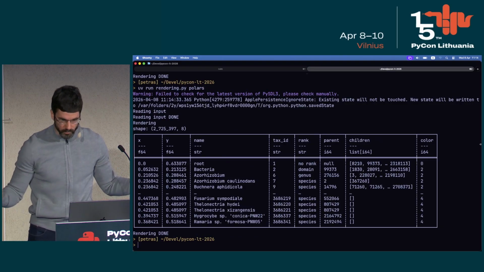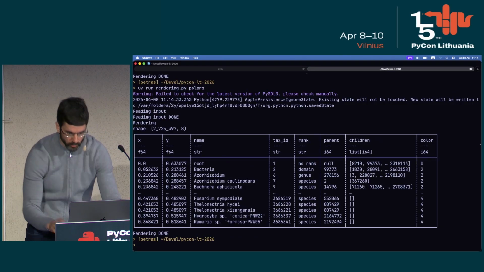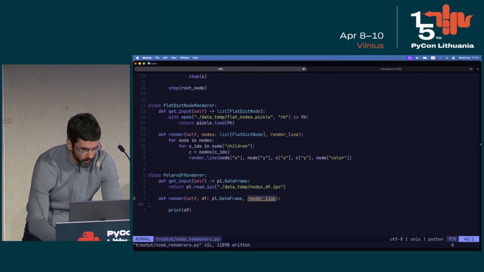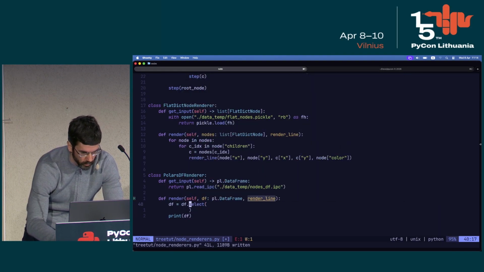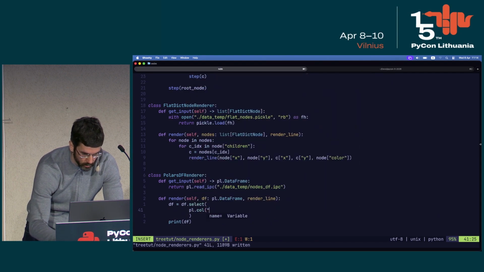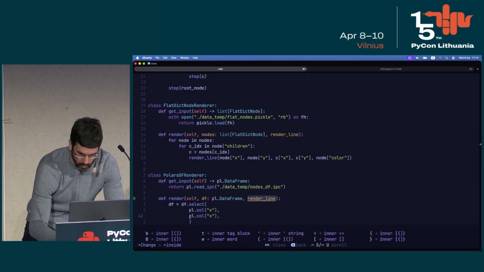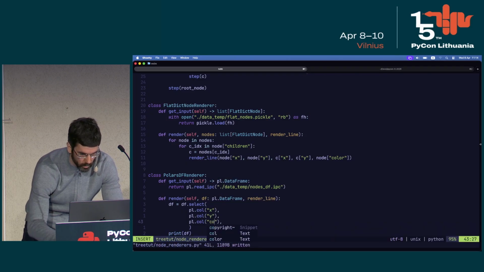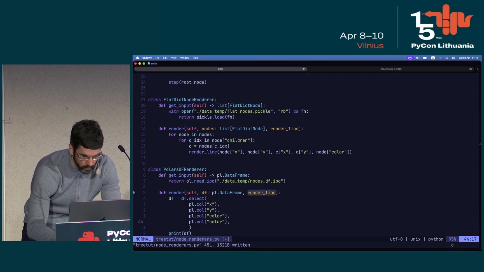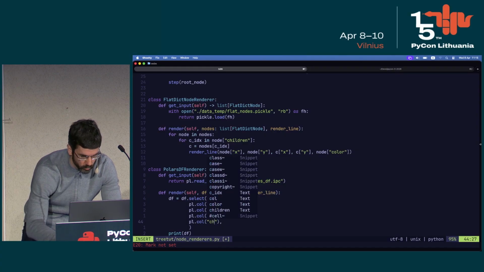Okay, so I have a data frame. Now what do I need? I need not all fields, but several fields, so it's going to be a select. I'm going to select coordinates. I need color as well. I need children,